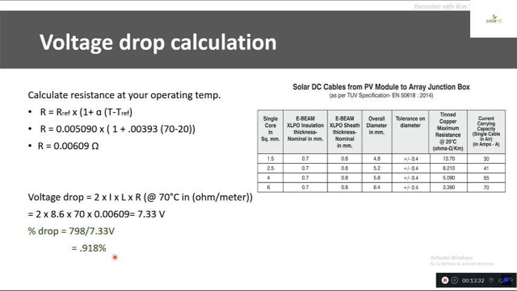So guys, still I would like to tell you some practical tips. The first thing is that whenever the cable distance goes above 50 or 55 meters, then go for 6 square mm cable. So until 55 meters you can